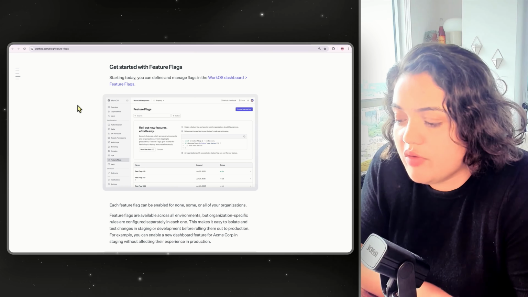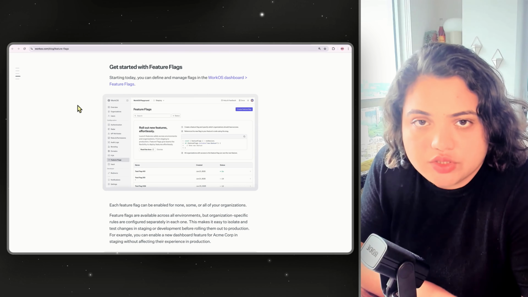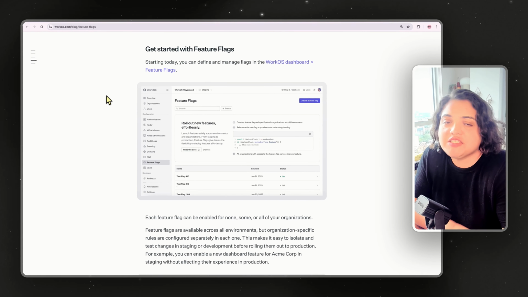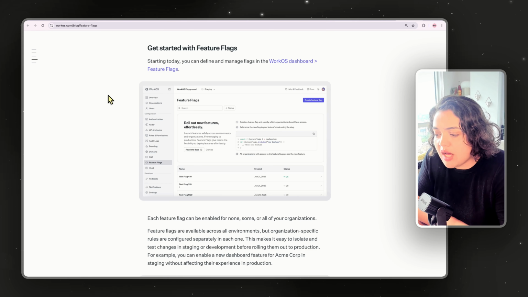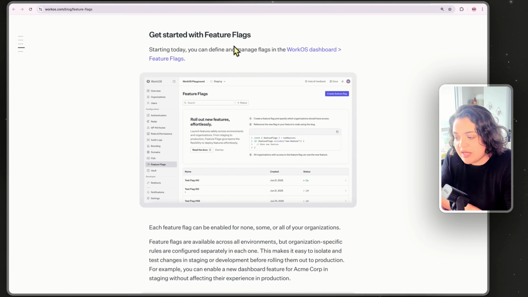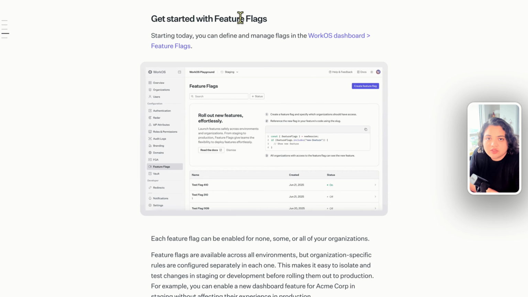So highly recommend. Now, the other thing that's incredibly important whenever you are rolling out your features to any of the products, you want to test it in production. Now, a key tool that I highly recommend is using feature flags. There are reputed services out there called LaunchDarkly to use feature flags. But if you use WorkOS, you get feature flags from the get-go, which is incredibly important. You're going to save a lot of money, and it's available across all environments.